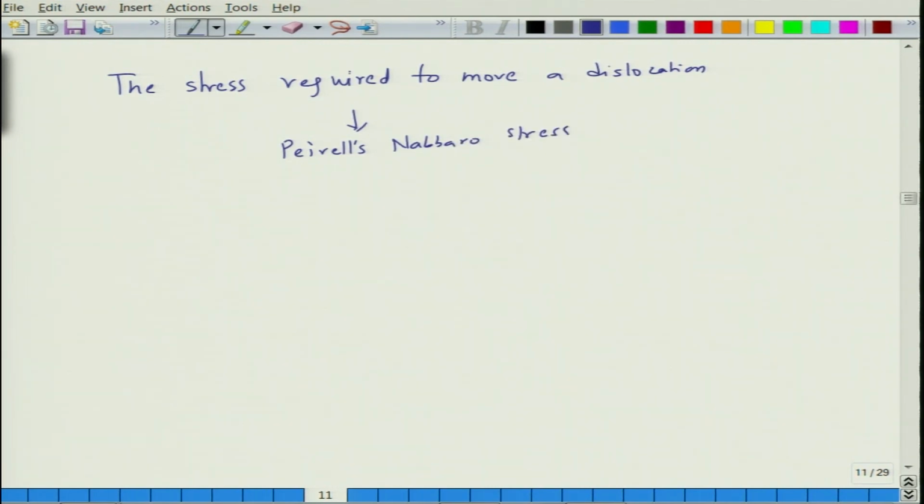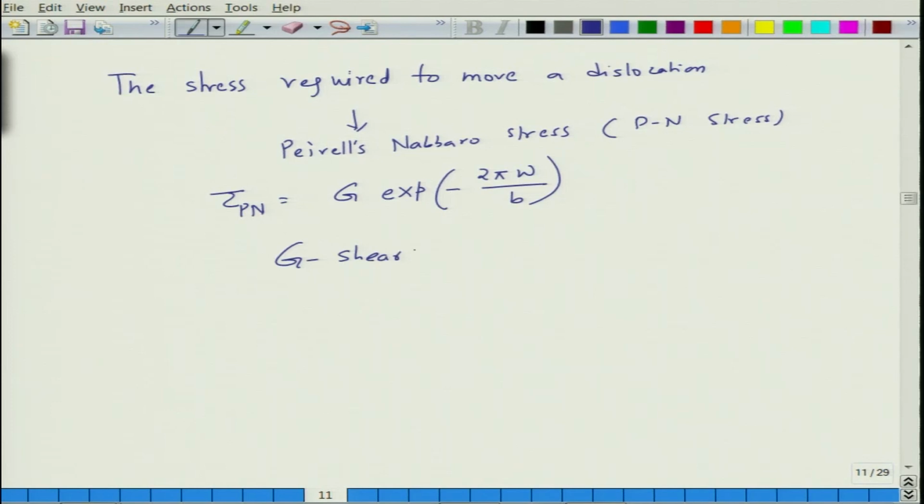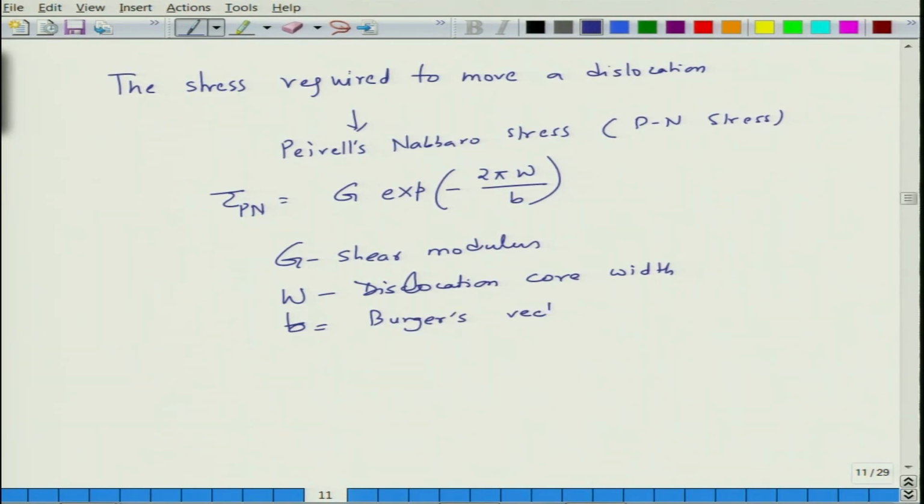Nabarro stress or Pn stress, and this is given as tau Pn = G times exponential of minus 2 pi W divided by B. So, here G is the shear modulus, and W is the dislocation, let us say core width, and B is the Burgess vector,